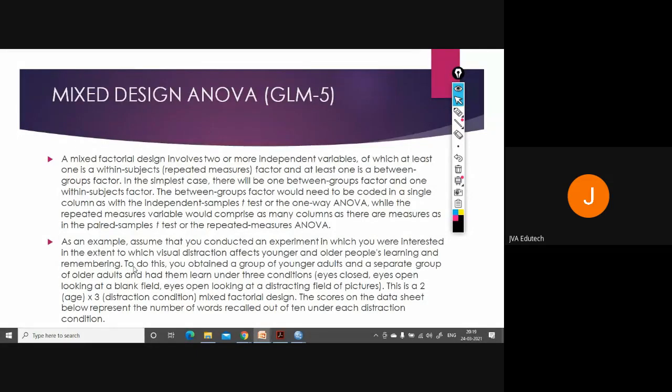So again, you are taking two different populations, measuring their learning and remembering, and you are changing the extent of visual distraction, means three or more categories.